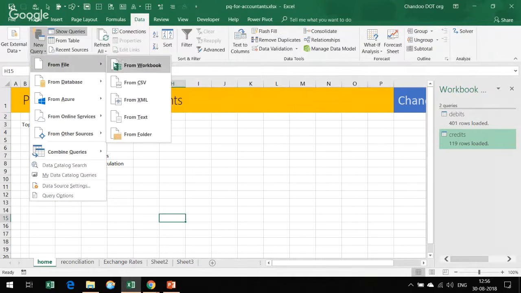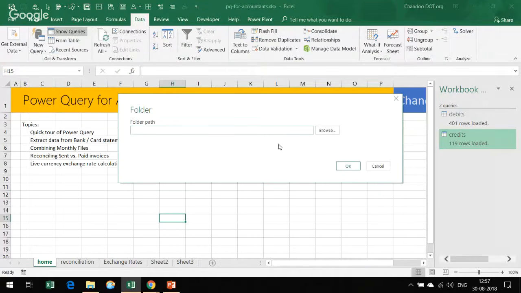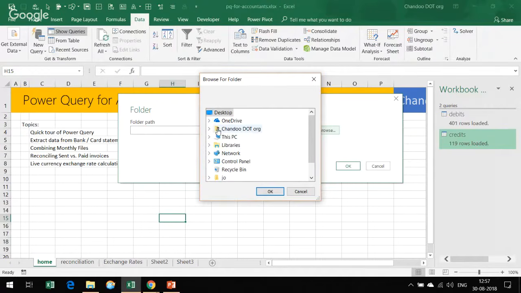Earlier we did from file and an individual file, but now what we want is all the things in the folder. So we will use the folder option and set up the folder based connection. It'll ask you where is your folder. You can say the folder is